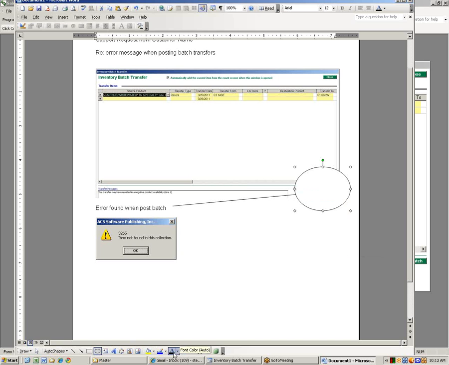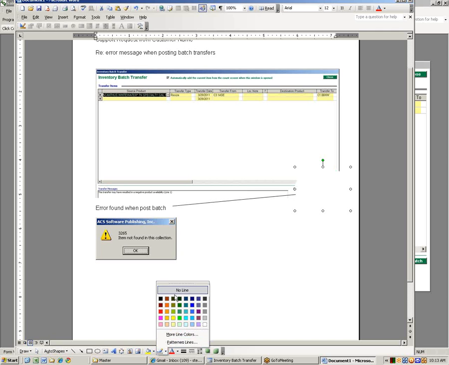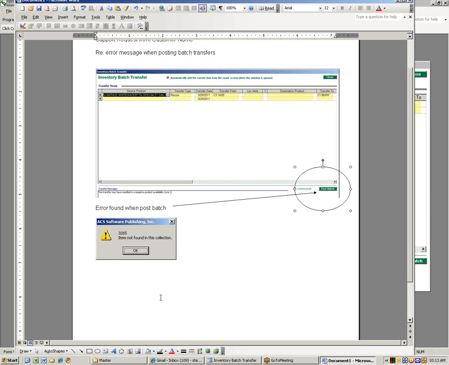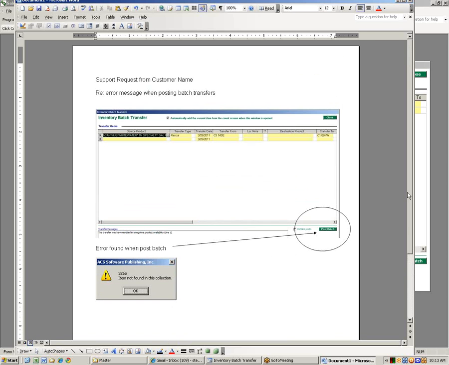I can make that circle red, and then I can say, oops, I do want a line. I want no fill, but I do want a line. I want the line to be black. So something like that. Anyway, you can get as fancy with this or as simple with this as you prefer,